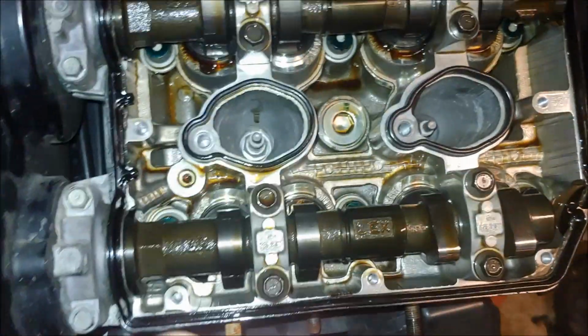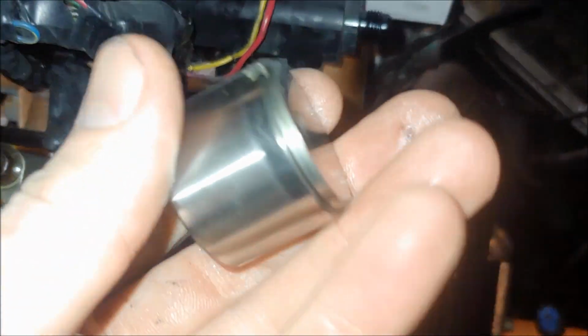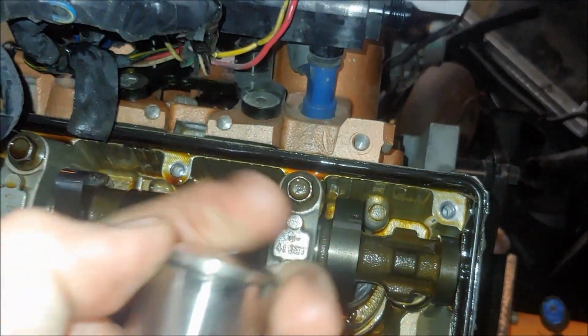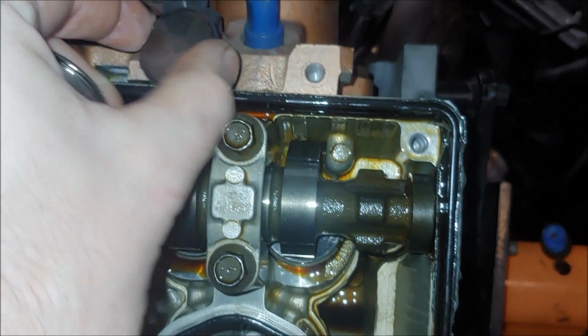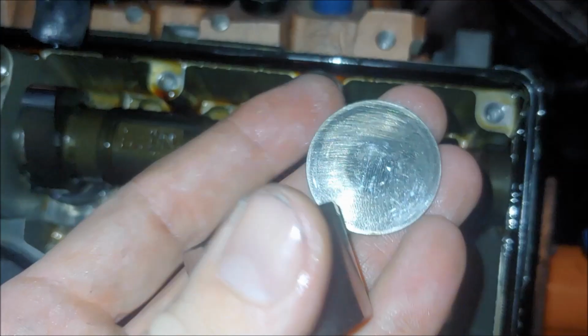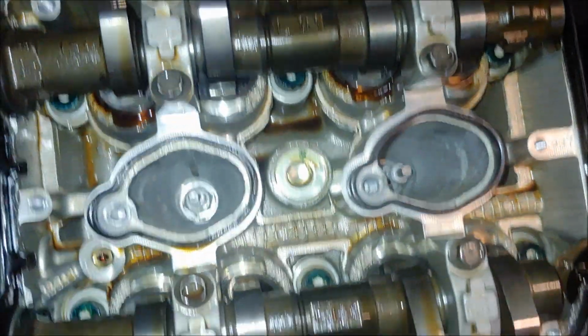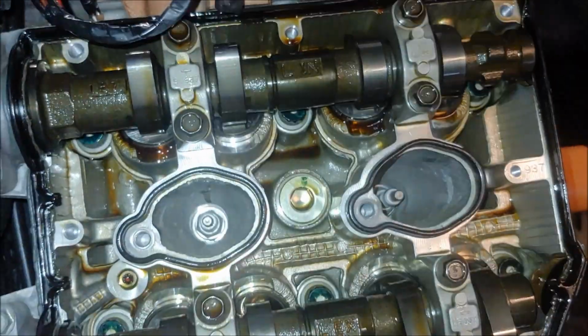But another reason I'm doing this is because these shimless ones are considerably lighter than these shimmed buckets. So not only these are basically, that is only this. Now these shimmed buckets have this solid iron shim on top of that, basically, and that adds a lot of weight, and when you're revving high RPMs, that extra weight obviously slows things down and creates more risk of this